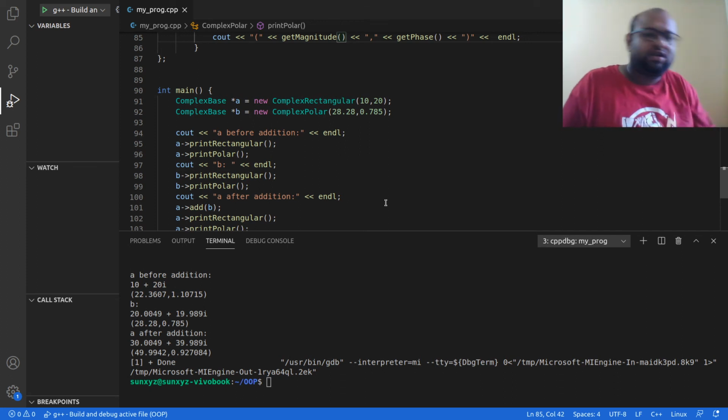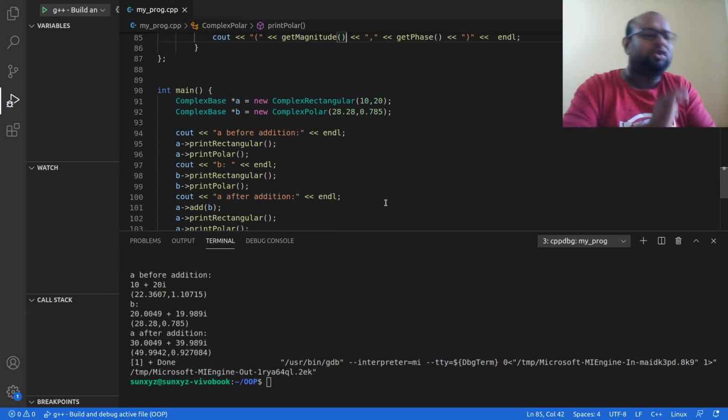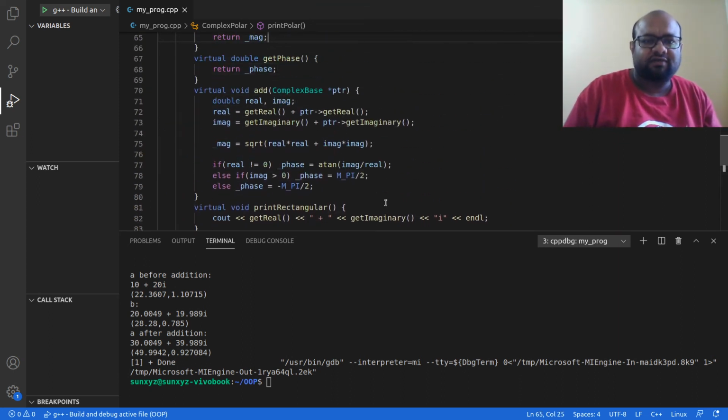These are virtual functions. So when I call these methods using this complex base pointer, the methods that are there in my object's class are going to be called, because of runtime polymorphism. How does this happen behind the scenes? This takes place using the vptr and vtable that we discussed in previous classes. Alright, so this is what I have.